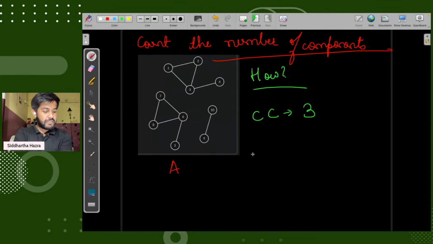How many times we have to do DFS to visit all the groups. Okay, absolutely, this is the way. So what I can do is I would just tell you how to do that.